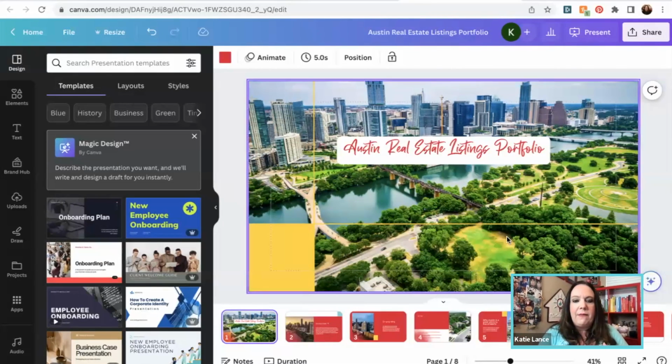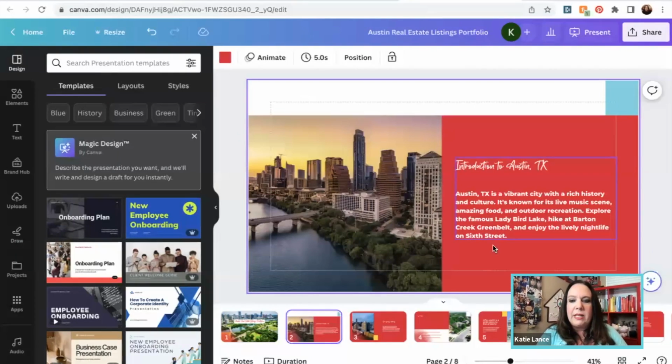So first off, if you are from Austin, you would take this picture and probably put a new picture in. I'm not from Austin, so I'm not sure, maybe that is an accurate picture of Austin, but if it's not, you would change the picture right here. This seems really great, but if you know Austin, you might want to add some additional information